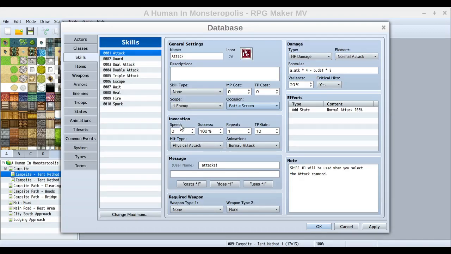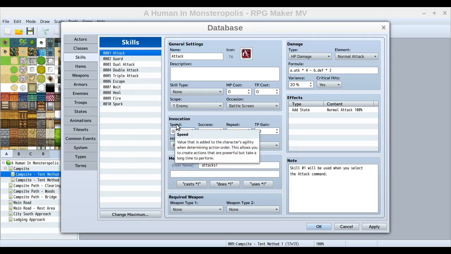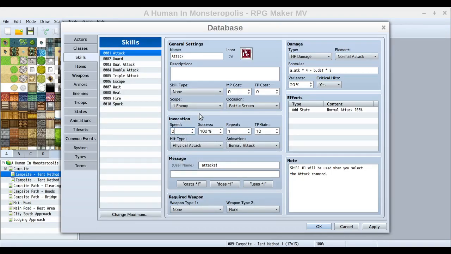I would think it would allow you to do the opposite thing too, where you could create actions that were fast to perform, maybe, because you can go into the negatives even with this. So if you wanted a specific skill that's particularly quick to execute, you could do that. Or like they said in the example, you could make it take longer before they can do it, but maybe it does more damage or that sort of thing.